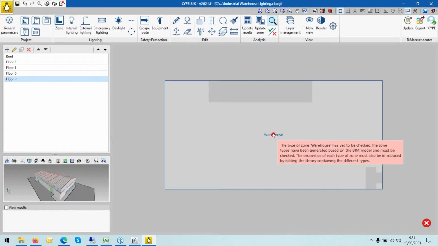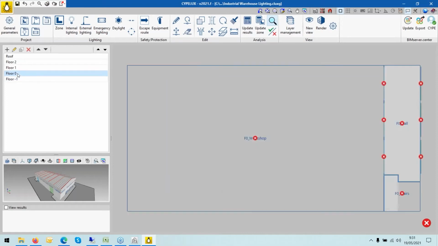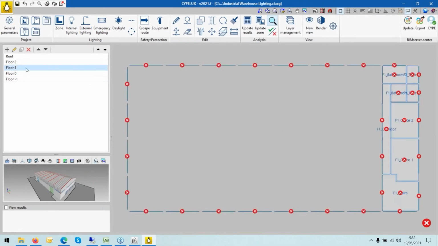The zone types have been generated based on the BIM model. Exactly, okay, I already told you that in Cype architecture. And must be checked. The properties of each type of zone must also be introduced by editing the library containing the different types. Okay, that's quite important. So, if you see here, we have the same error in all the zones